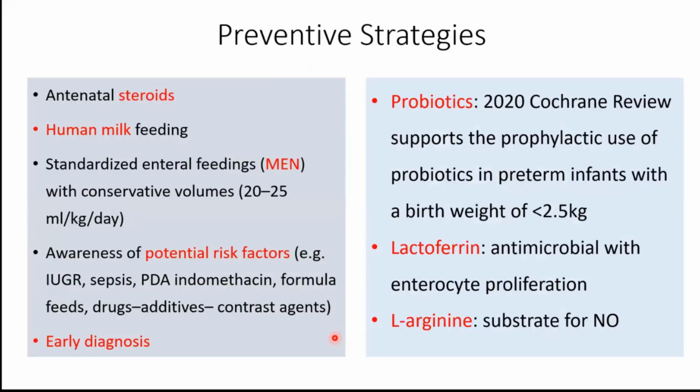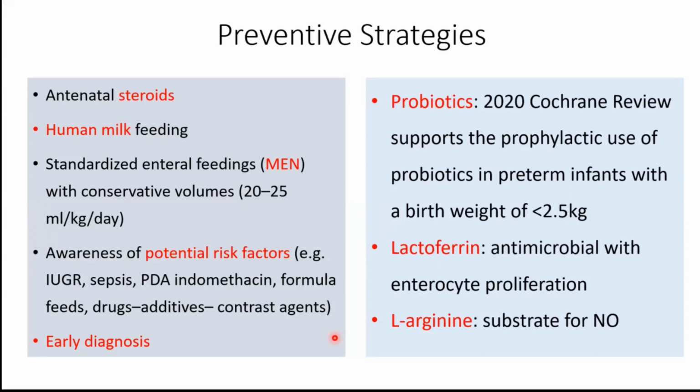So now coming after pathophysiology, coming to preventive strategies of necrotizing enterocolitis, antenatal steroids have been recommended in all preterm deliveries less than 34 weeks of gestation. This is one of the important prenatal preventive strategies for NEC. Early and exclusive human milk feeding has been advocated as one of the important measures for NEC prevention. Standardized enteral feeding, that is in the form of minimal enteral nutrition at 20 to 25 ml per kg per day,